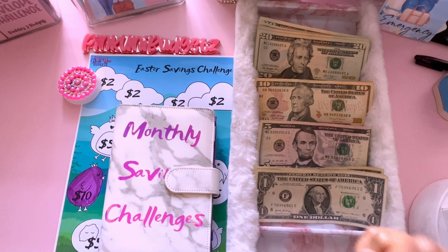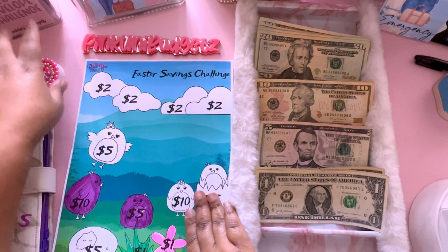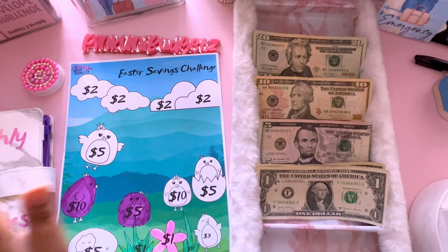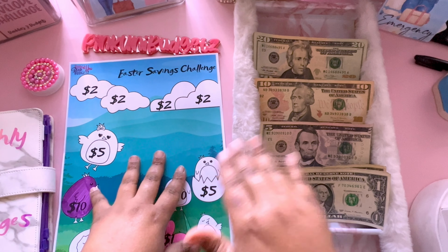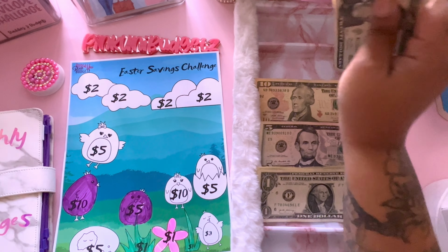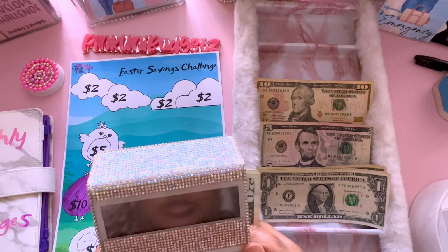Today we are doing a monthly savings challenge. We got the Easter savings because Easter is next month, so we're getting ready to get an outfit. So today, let me see how much I have. I don't have that much today, so